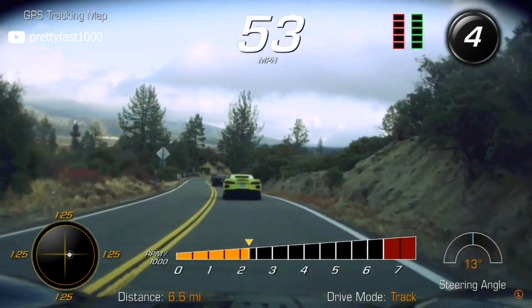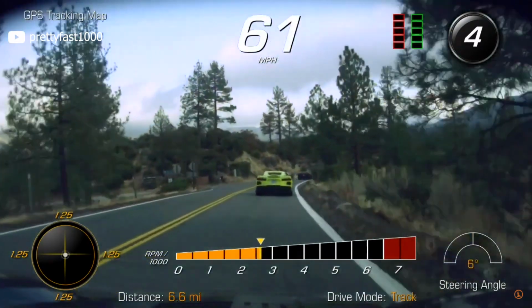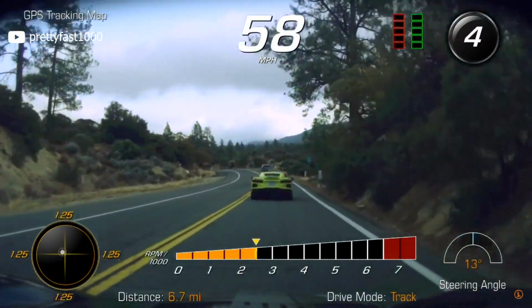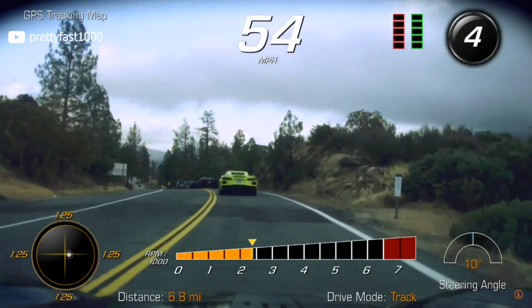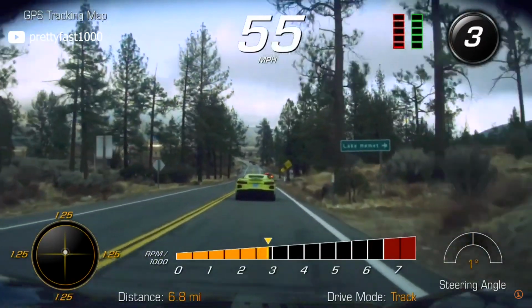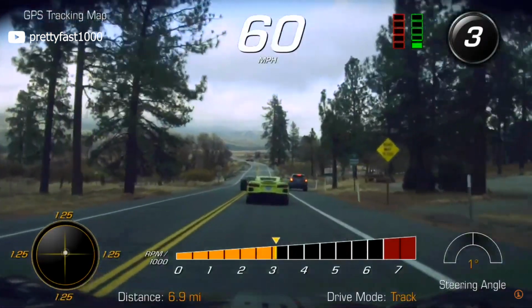So just some quick background, this video was filmed in the San Jacinto Mountains in California, but then the collection of vets make their way down to the city streets. Before I do jump into analyzing the photos and the video, I want to discuss the exhaust and the engine noise. You can clearly hear the supercharger whine in that C7 Z06, but you can't really make out the noise